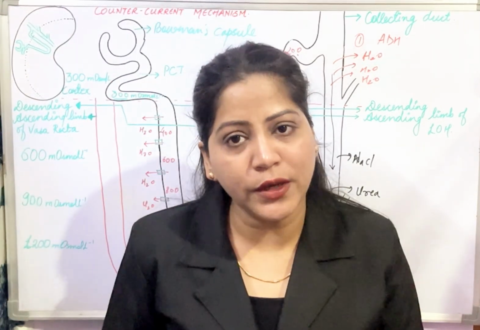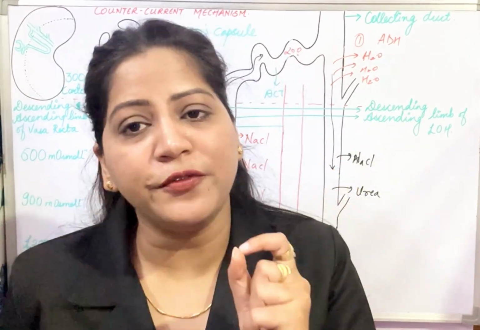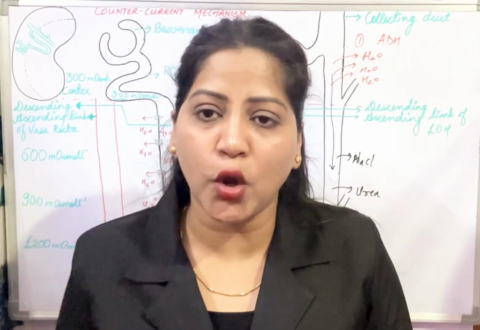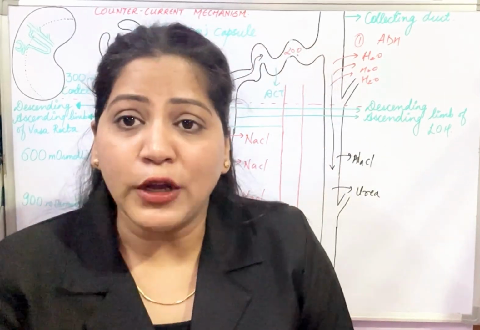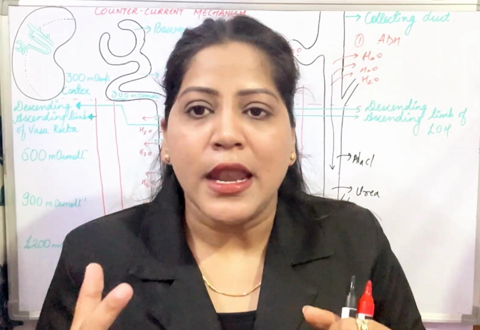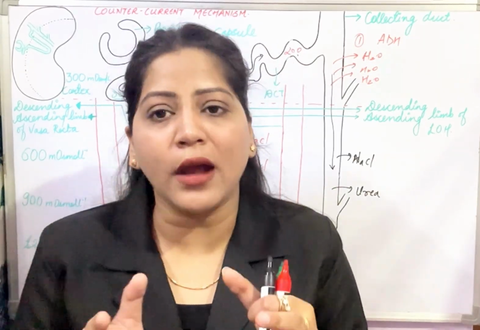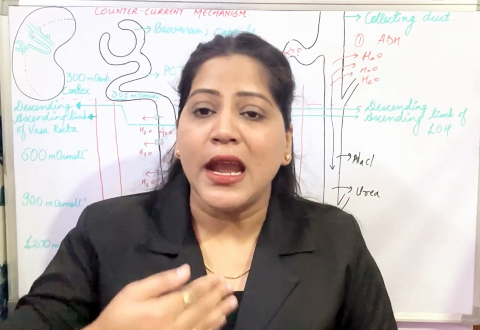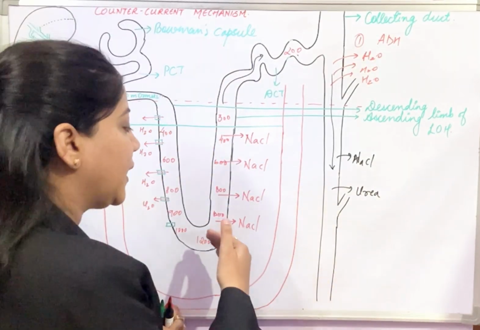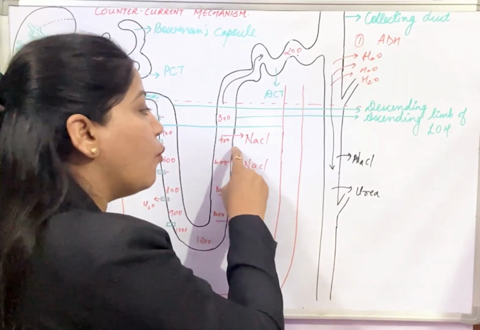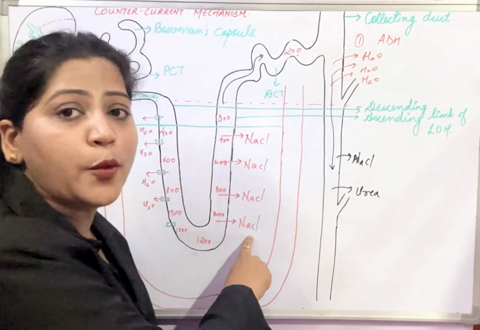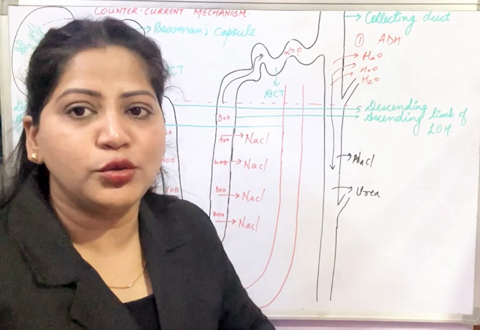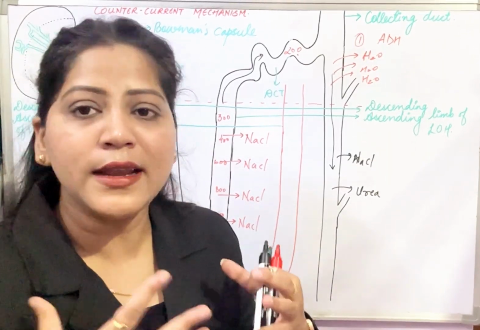Water is moving out from the tubule of the nephron, that is from the descending limb of loop of Henle, into the interstitium fluid of the kidney, making the filtrate hyperosmotic. Now this hyperosmotic urine or hyperosmotic filtrate is moving into the ascending limb of loop of Henle. It is now again becoming diluted because more NaCl is moving out from the ascending limb of loop of Henle. This portion is not permeable to water and is permeable to some ions and solute.